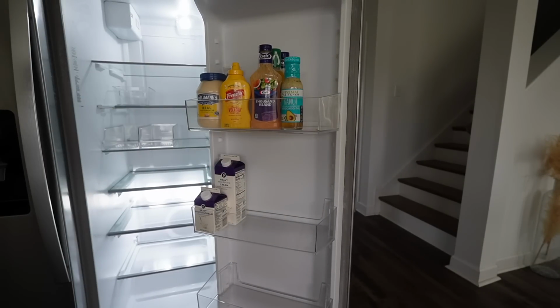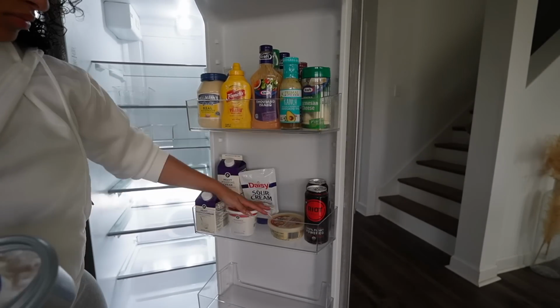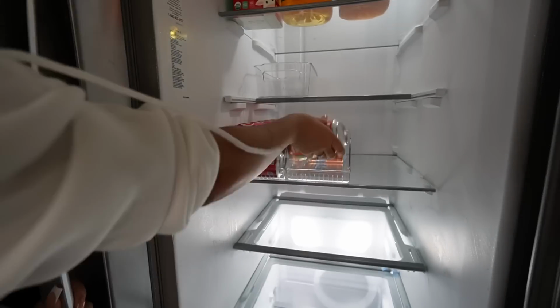And one thing you're not gonna find aesthetic in my house is my refrigerator, okay? I love me some soda. I know it's not good, but